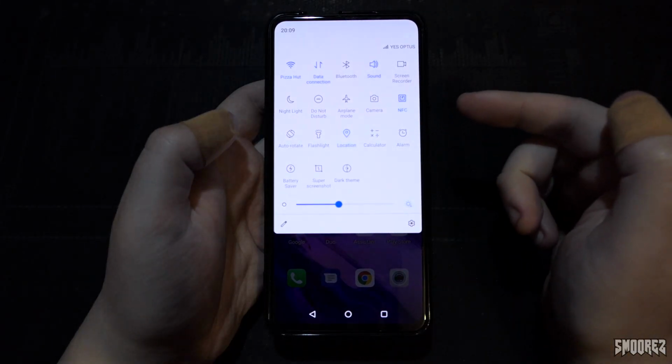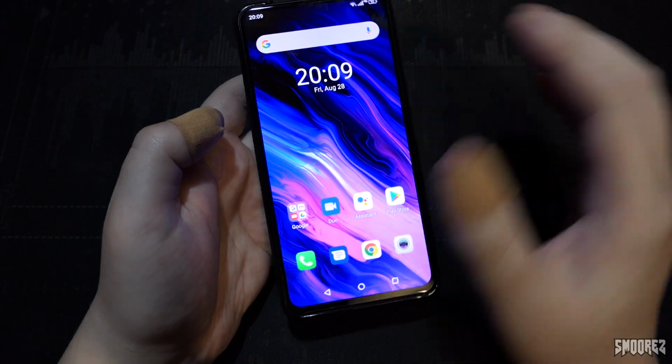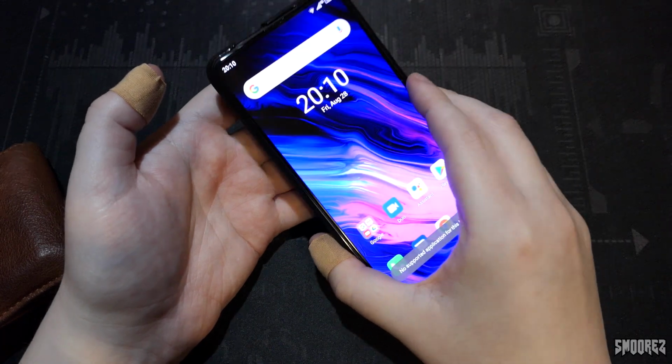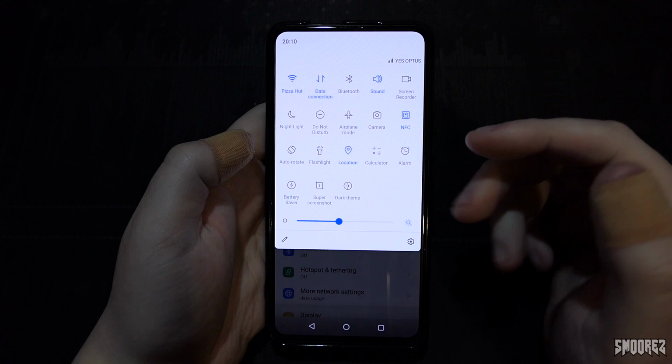This phone does have NFC also built into it, so you can use this to tap and pay and use Google Pay for all your fancy services and stuff, and the NFC location is just at the top of the device. Before coming into settings, I can just show you some of the other features that the phone has, such